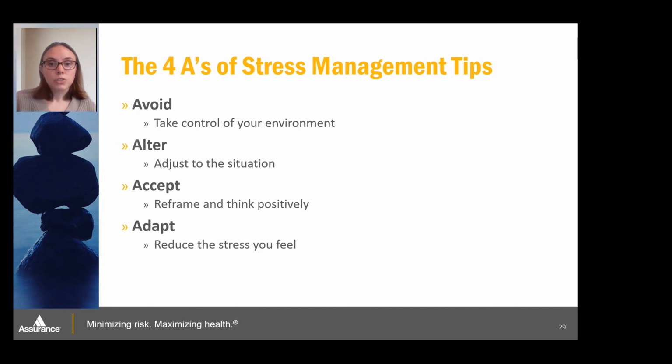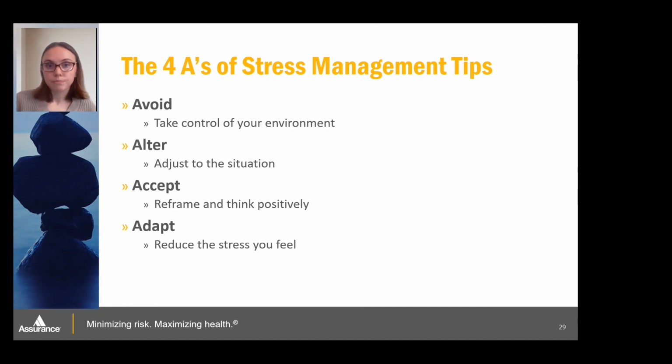Next, stressors can be out of our control. In that case, sometimes we just need to learn how to accept our stressors. So we're going to try to reframe the problem. We're going to try to look at the big picture and think about it positively. Accepting our stressor, thinking about it in a different way, and maybe reframing our mindset to think of it